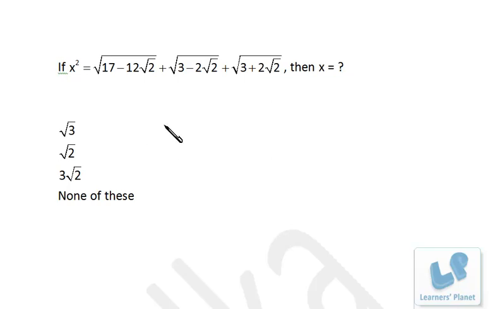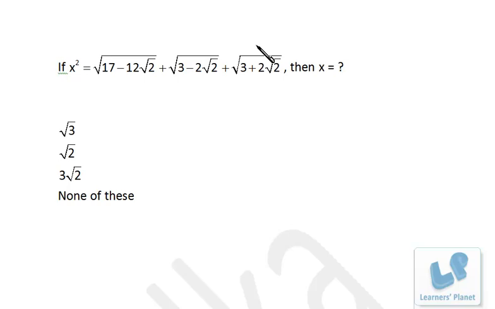Friends, I have a problem. This x square is given over here and we have to find out the value of x. See, it's a very big irrational number. You can see it very well. And if I tell you this problem can be solved mentally, you won't believe me. But listen to me carefully. After a minute, you'll be able to solve this problem mentally.